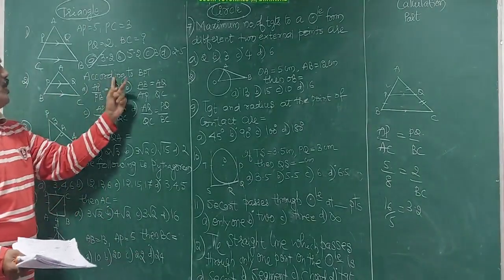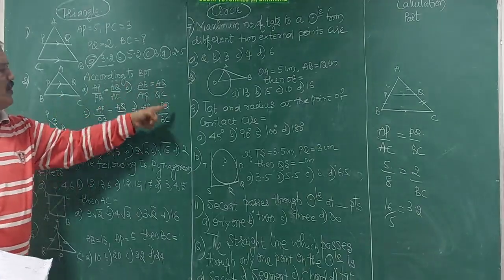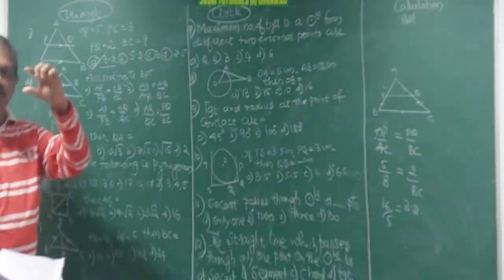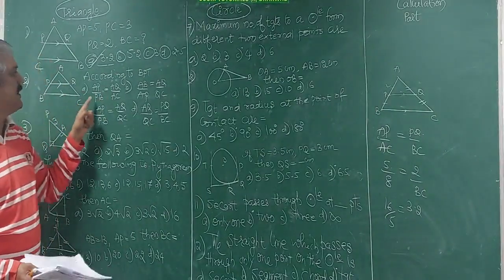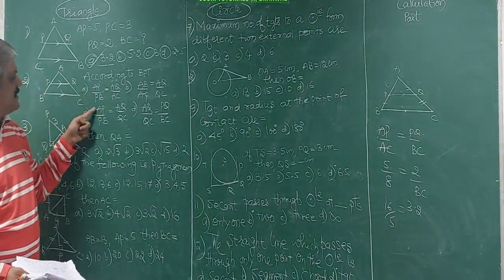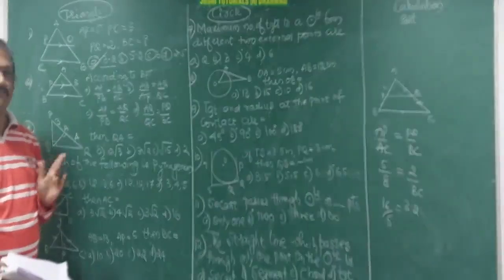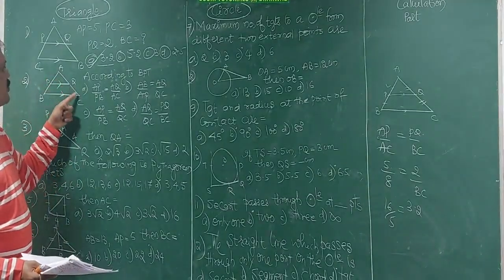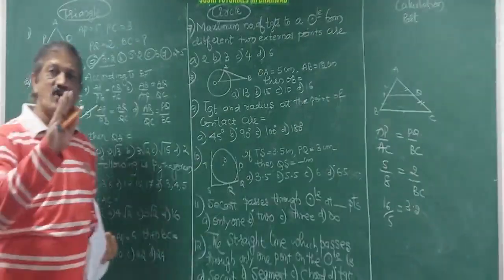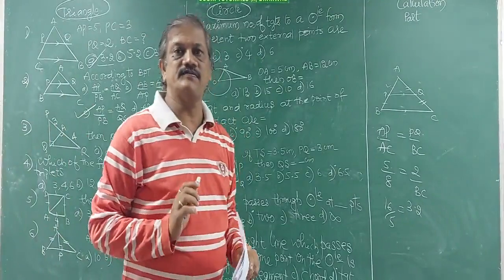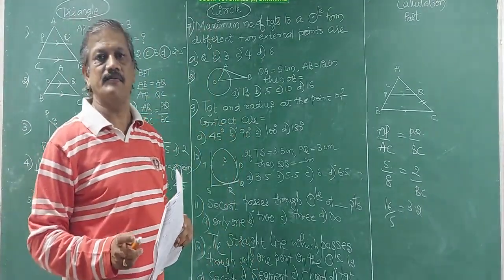Next, according to BPT, which of the following is correct? First, you must know the concept. Part-wise AP by PB, where it is here, it is here. Means these two are gone. Here, AQ by QC, it is here. So correct answer is C. It does not require the steps. I think you are understanding. Next,